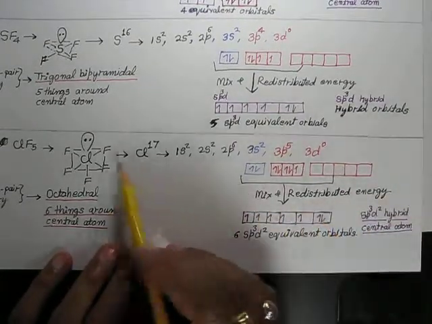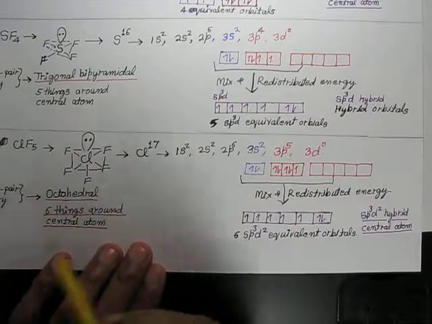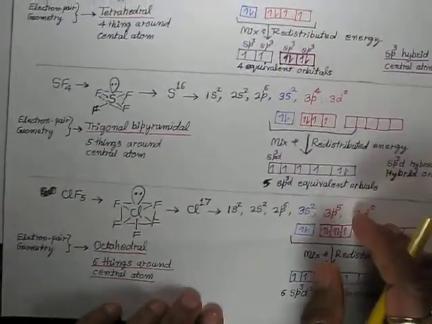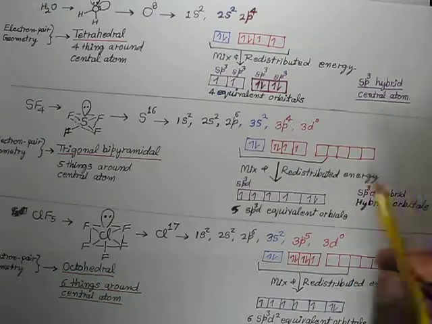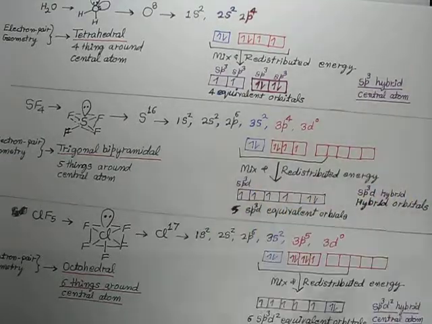and then 1 lone pair will still remain, which is here, this one. So this is the way you can understand what hybridization is and why they are forming, and all these hybridizations are based on only